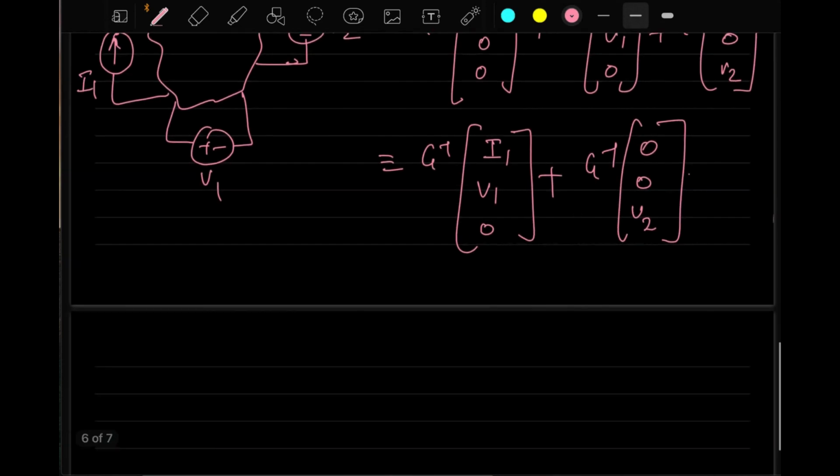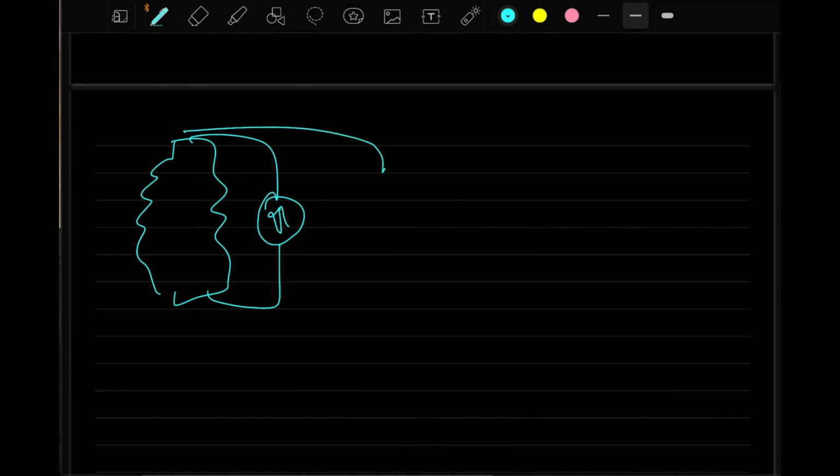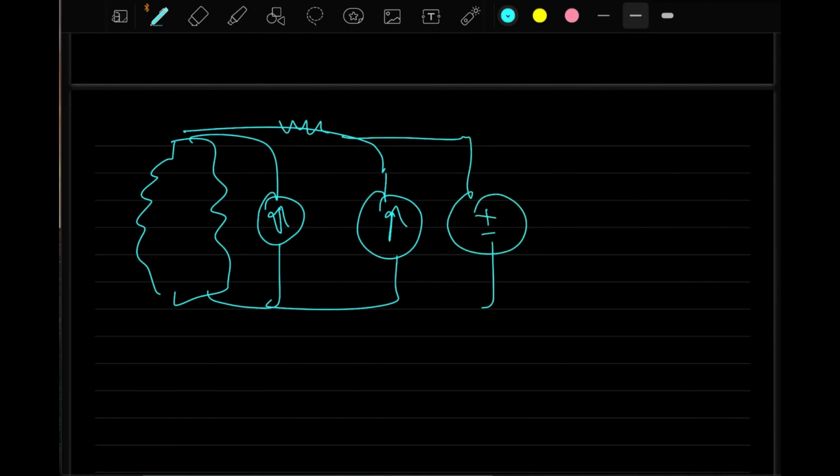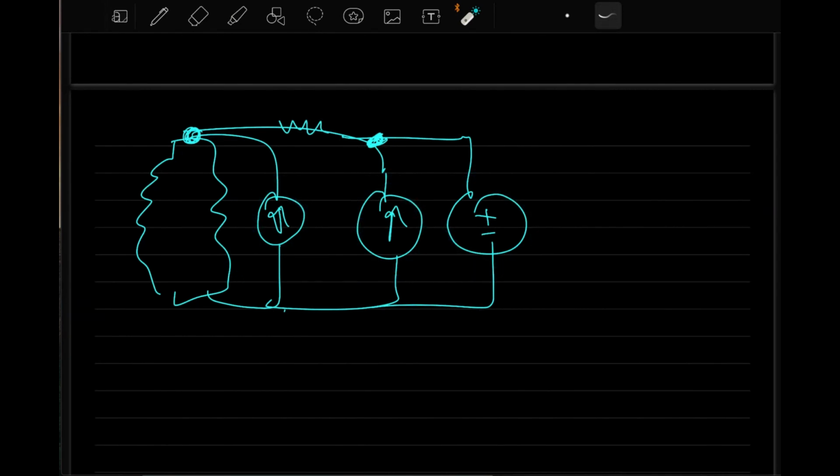Like for example, if you have something in parallel, like a lot of resistances and current sources, and then you have a single resistance here, then again one current source, then again one voltage source like this. In these types of circuits, what is easy? Nodal analysis is easy, because here you have only two nodes. Understand or not? But if you do mesh analysis here, it is a problem, because you have to do one loop, second loop, third loop, fourth loop, and you also have so many supernodes coming up in between them. So by observing this particular circuit, you can say nodal analysis is better.